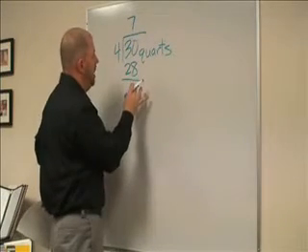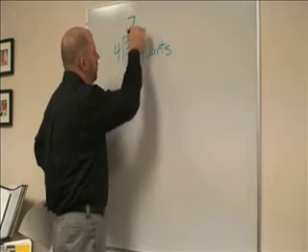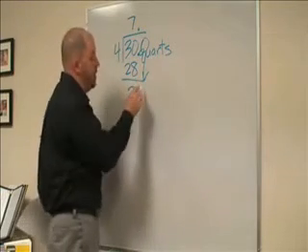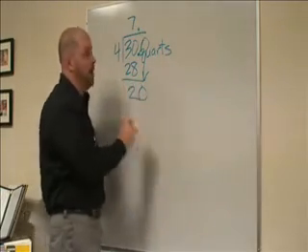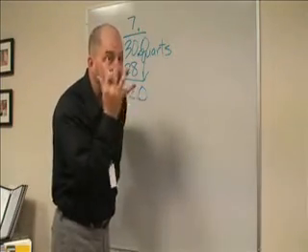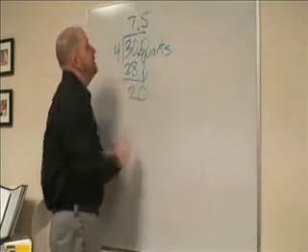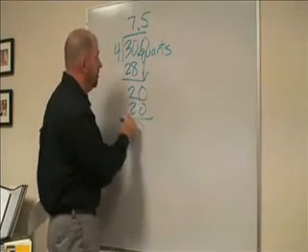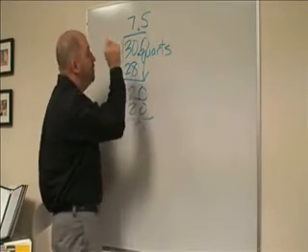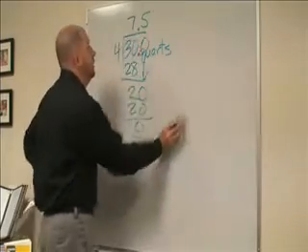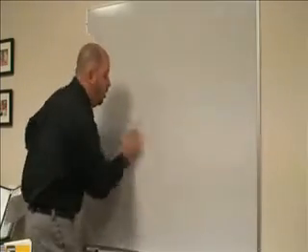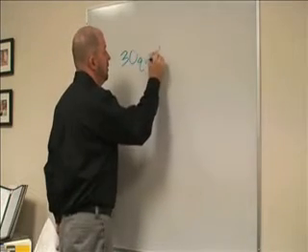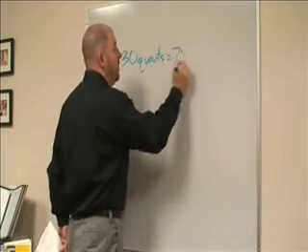So now I know I'm going to have a remainder, so I've got to do decimal point, add the 0, drop the 0. Now I got 20. 4 goes into 20 5 times. 4 times 5 equals 20. So now I got 7.5 is my answer. So now I know, let's go back here, 30 quarts equals 7.5